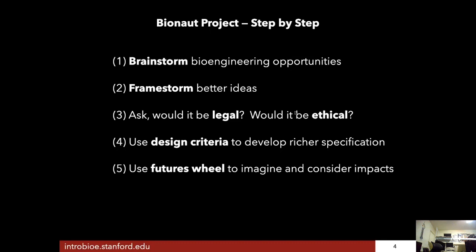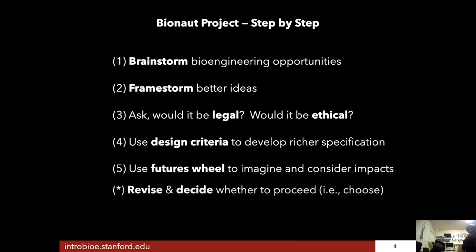And from that, do one last check in terms of whether or not you think your project's really a good idea or not, or if you need to make some final adjustments. This will then lead to a final decision about whether or not you think your project should go ahead.